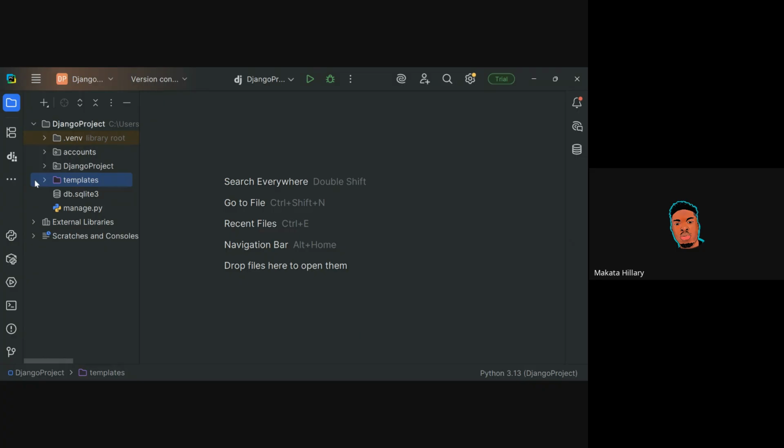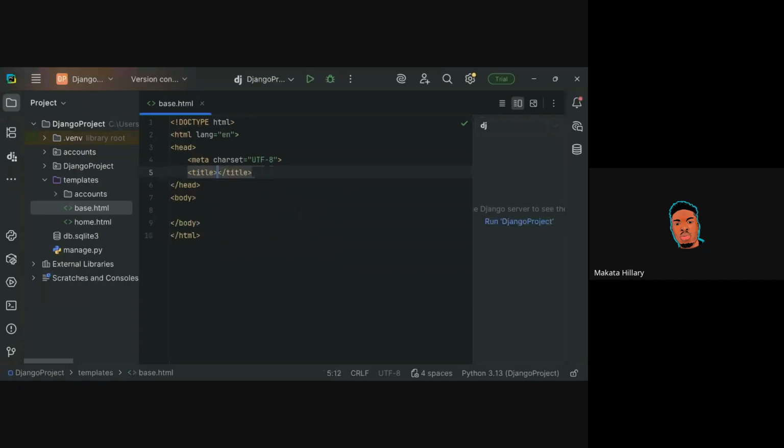So how do you create this base file? Inside your template folder, create another file there, another HTML file, and go ahead and name this file base.html. So in this base file, this is where we are going to